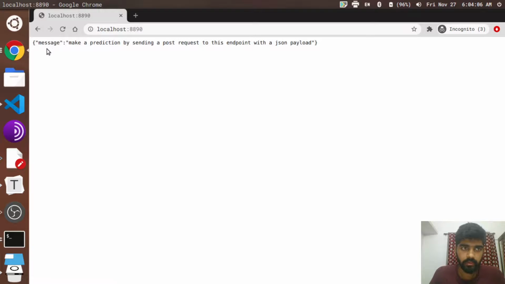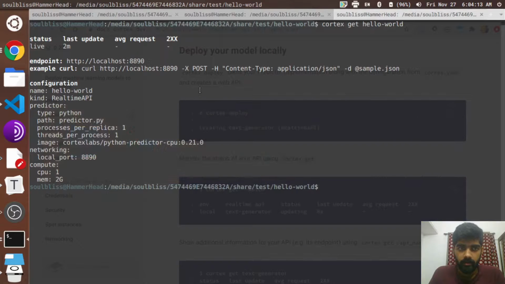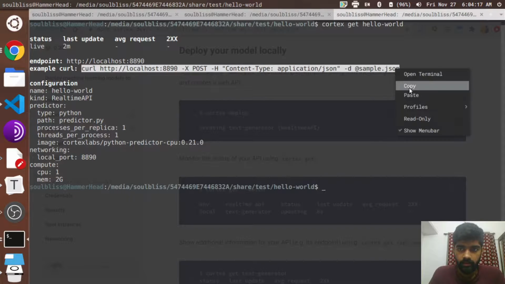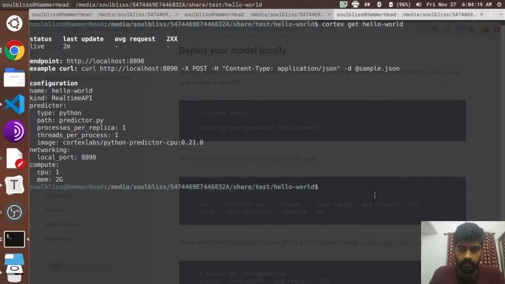As you can see, it says make a prediction by sending a post request to this endpoint with a JSON payload. And they also have this example curl request, so you can just copy paste this, and it actually shows the configuration that we have used.